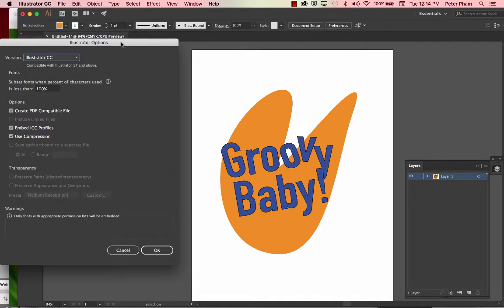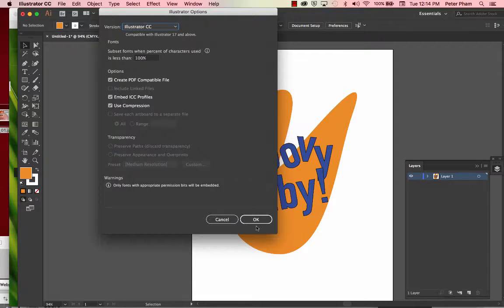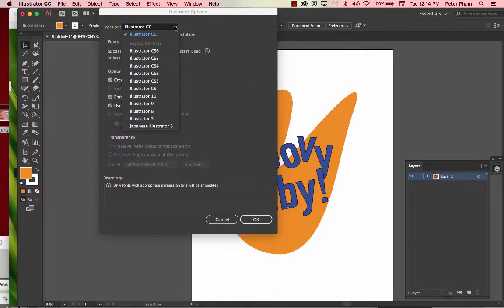Now normally most people will just very quickly go ahead and click OK again on this box. Notice at the top we have different versions. The Illustrator CC format that we are currently using is a 2017-2018 update, but you can save back to any of these older legacy formats. If you're unsure and you know it's not a CC version, it's one of these, most people or many people will save this to a CS4 version,